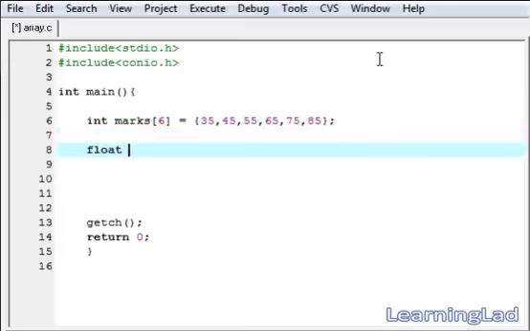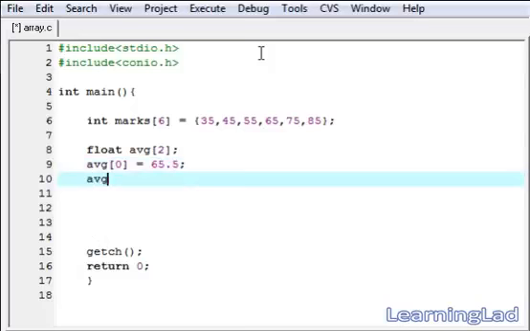Then I'm gonna give it the name average, to store the average of 2 students. The size of our average array is gonna be 2. So here I'm gonna write average. Then at the first location we're gonna save a floating point value of 65.5. Then at average[1] we're gonna save a value of